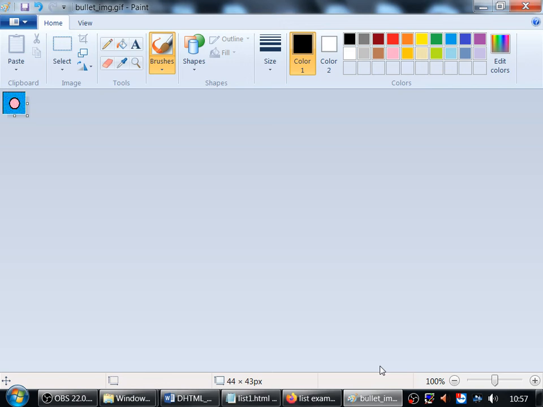The Paint file extension is .png, clear? But I have saved it as .gif. Right? JPG, JPEG will also work. The only matter is the page size, the image icon.